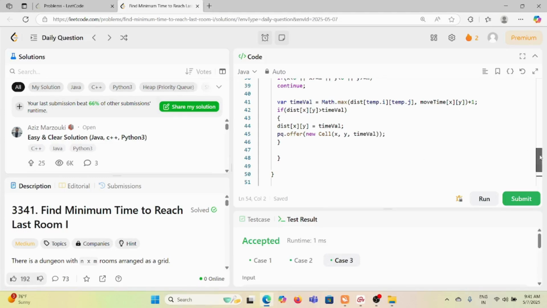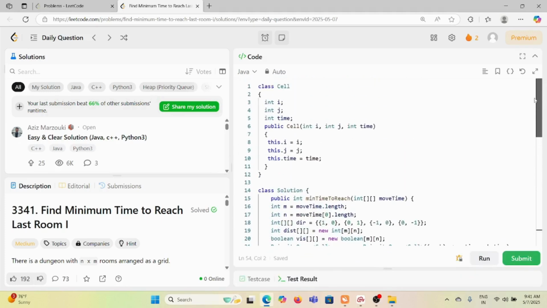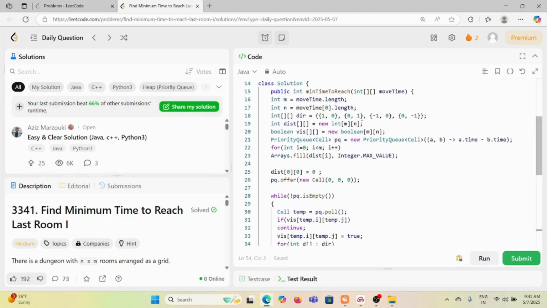So here is my code for how to solve this problem using Dijkstra's algorithm. Initially, I'm taking the length of rows and columns. These are the 4 direction possibilities, because we can move up, down, left, and right. These are the coordinates to add to any coordinate to get the next cell, vertically or horizontally, in both directions. And then this is our answer array, which is a 2D